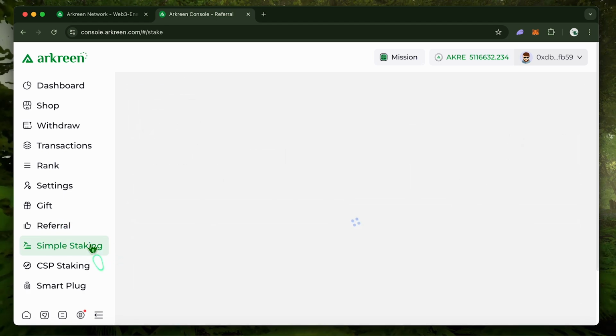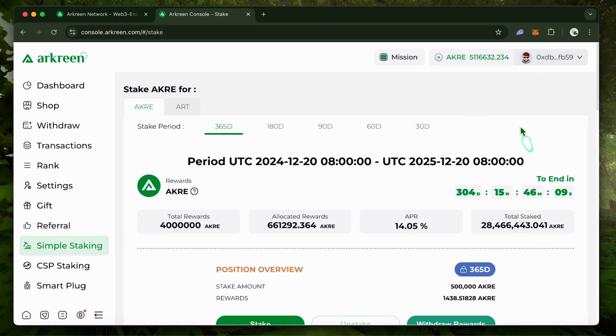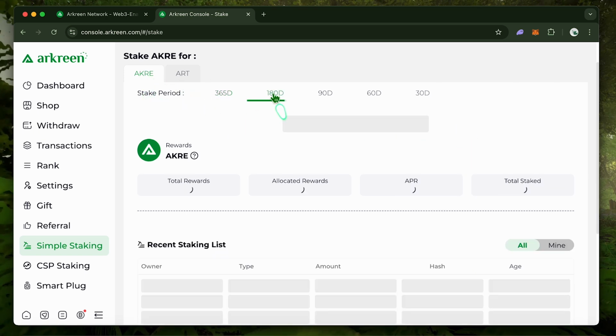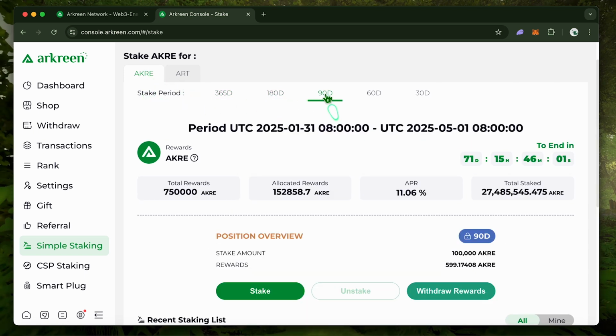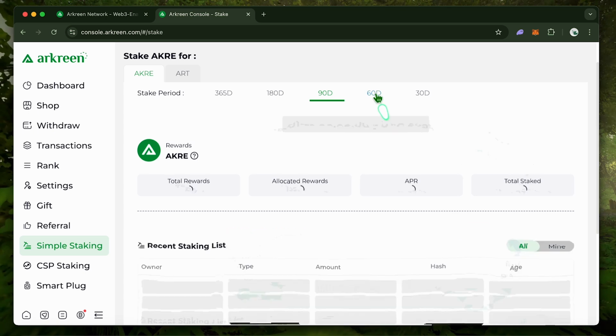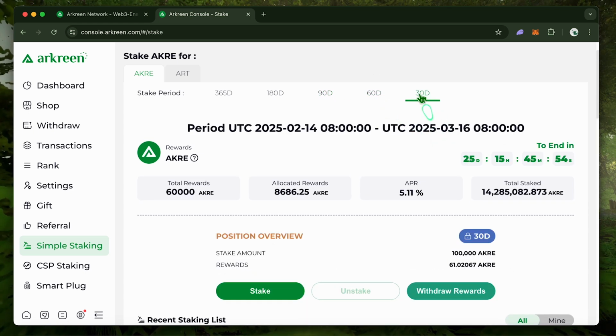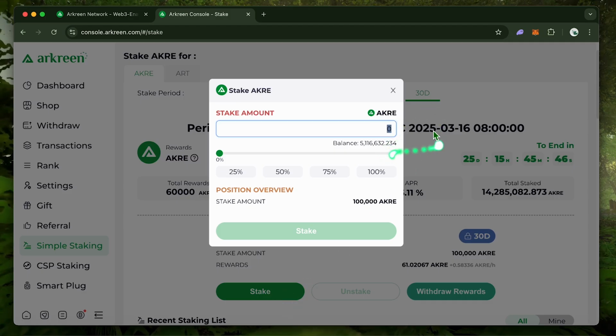In simple staking, you find the different ways to stake Acre for some bonus rewards. You have the different day cycles of stakes, and all act like an individual stake. They are ongoing and running, and the green number shows you the countdown when the stake can be unlocked. You can put something in at any time, and I will show you now how I can stake something here